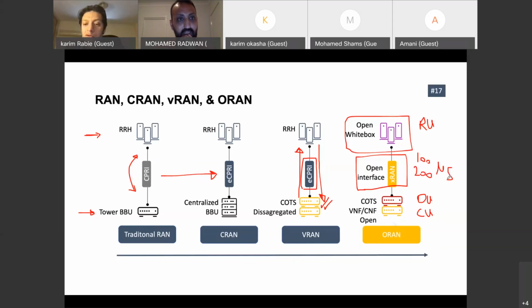The DU to CU, which is the midhaul, the latency figures are somewhat relaxed, an average of 50 milliseconds. So this for sure impacts the decision on where to place these components.